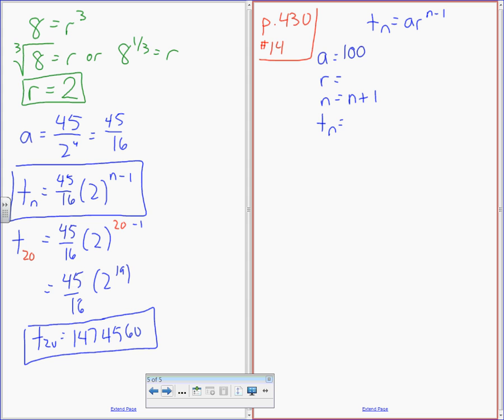This question is sort of a little tricky. I probably wouldn't give you one like this on your test because there are a few things that are confusing about it. What's the R value for this one? If you're dropping 10%, what are we multiplying by each time? 0.9. Okay. Now the problem with this question that I don't like is that if you say Tn equals 100